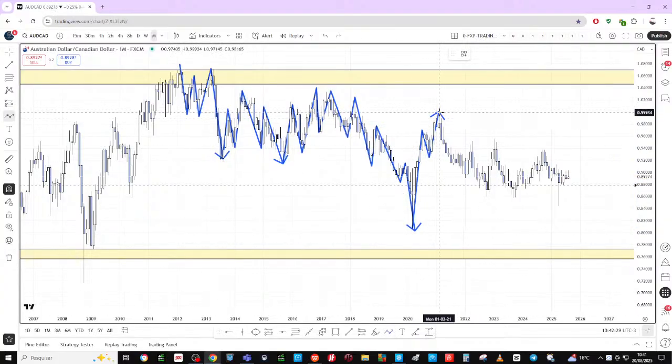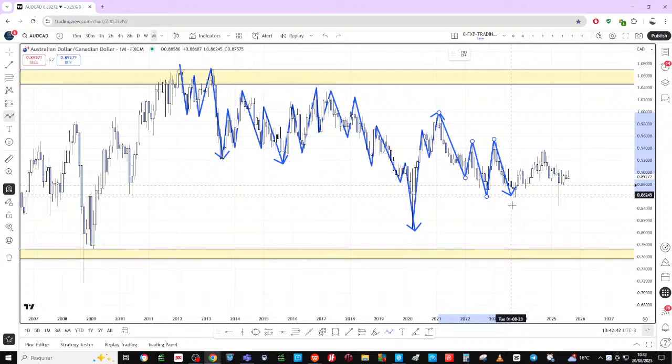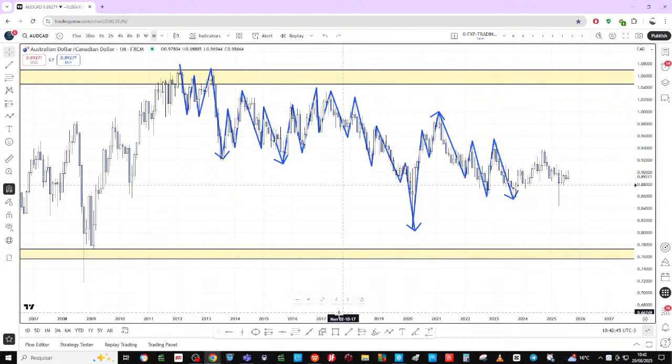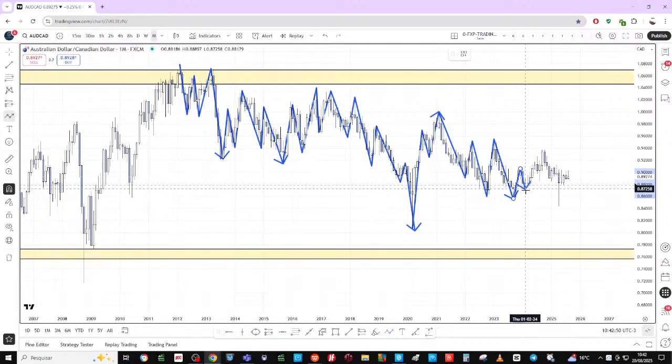And now on the monthly we have high to low, low to high, lower low, lower high, is this a, no it's not, so lower low, higher high, I'm not sure if it's a lower low, I guess it's a lower low, right? And then I'm charting still a lower high, but higher low, not a high, so now it's a higher high, and then finally again, a lower low, right? So lower low, lower high, lower low, okay everybody? So the short-term trend,